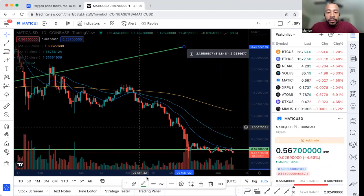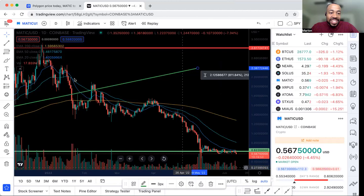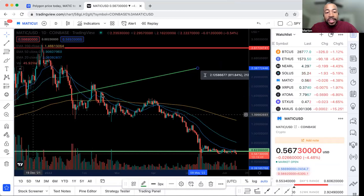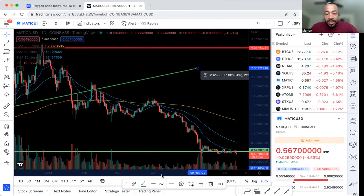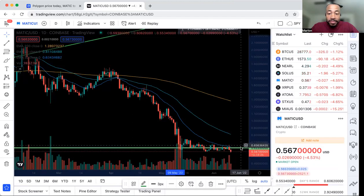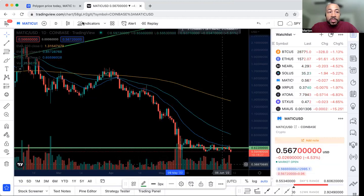All right, but yeah, actually, I'm a little sad about this. You see here, even on the daily, once it got that little bump up right there, it came up and hit that trend line that we drew from the monthly, and it just kept going back down. So honestly, from my perspective, it's ranging a little bit down here, but I see it dropping down some more and breaking down this low we hit down here. But yeah, it doesn't look like we're getting too much of a